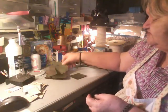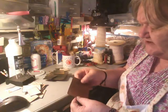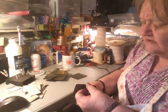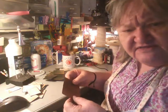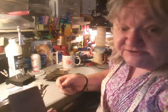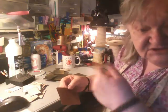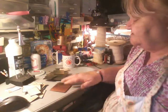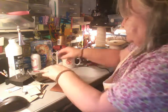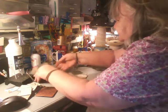And then I took other pieces of chipboard. Well, this isn't chipboard. This is actually corrugated cardboard, but it's really thin. I don't know where I got that, but I found it, and of course I didn't throw it away. I figured I'd use it for something, and I do. I use it. And so this is what I'm doing. I got different sizes there too. But what I'm doing here is